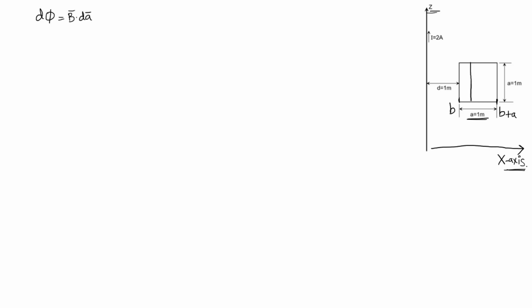We will take a small strip from this loop and we will find out the flux passing through this strip, or this area. How we are going to visualize is the flux produced from this. With the right hand rule we can say that this current is passing through the conductor in the z direction, so the flux produced will be in this way.